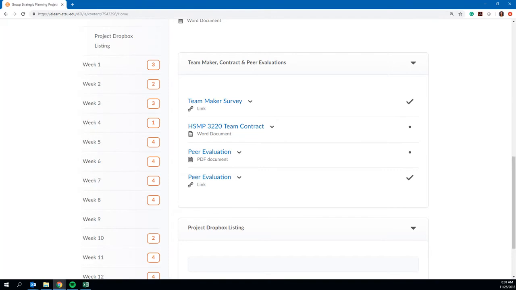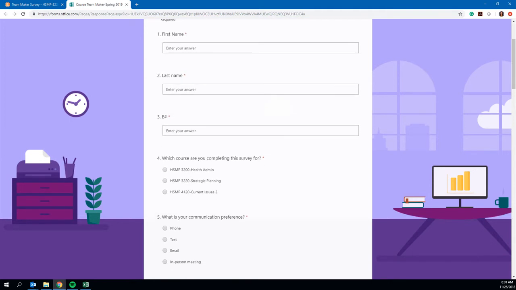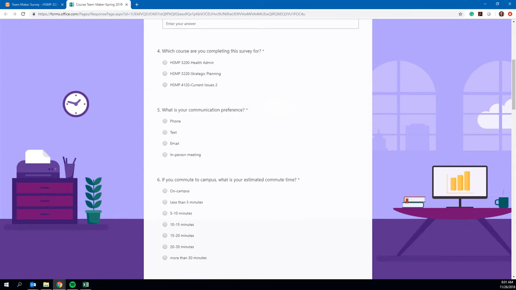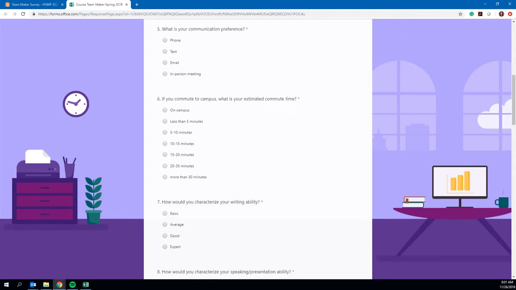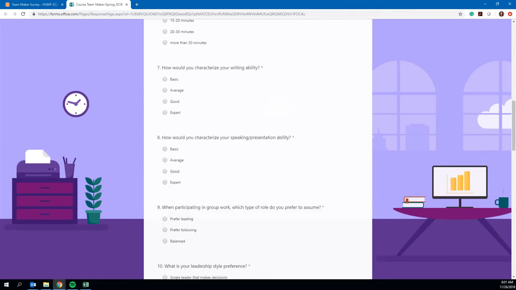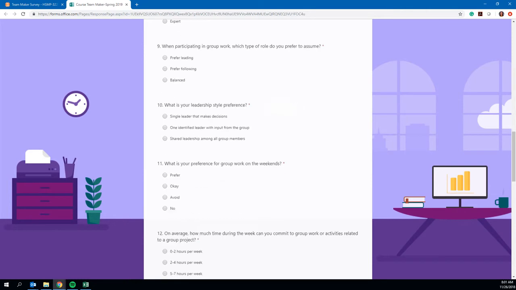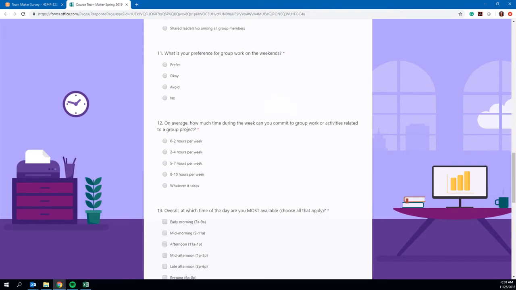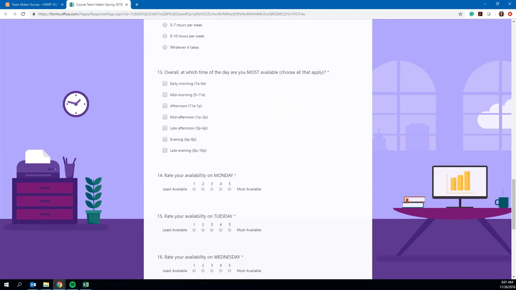The first thing that we'll focus in on is the Team Maker survey. If you click this survey, you'll be taken to a screen that looks similar to this one. You'll fill in a few points of information: your first name, last name, e-number, and then we'll go over your communication preference, how you commute to campus, or how long your commute is, how you would characterize your writing ability, your speaking ability, and when you work in a group, what kind of role you prefer taking? And then it'll ask some different questions regarding your availability time during the day and availability time